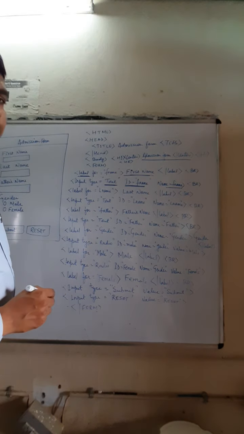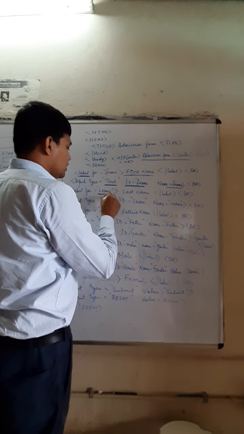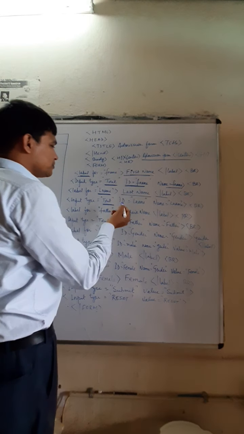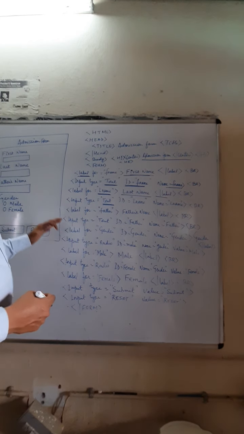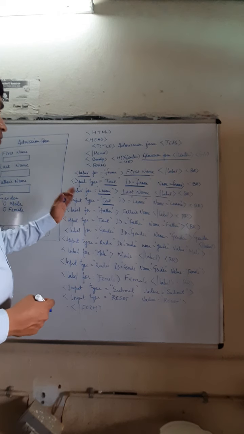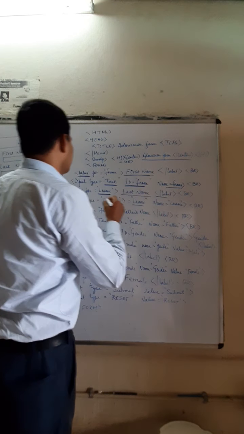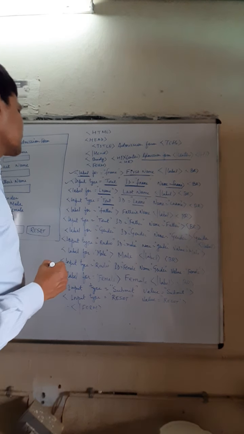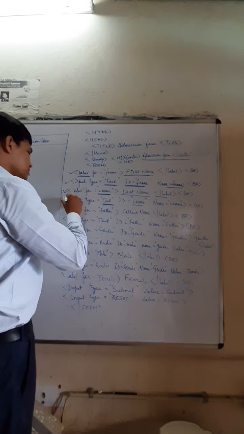After the label, the box will be displayed, as you see on the screen. In the same way, I have to do it with the last name. I define the last name in the label, and then after the label the input will accept the last name. For the first label, this indicates the first name and it will input the first name, and the second label will display the last name, and the input will take the last name.